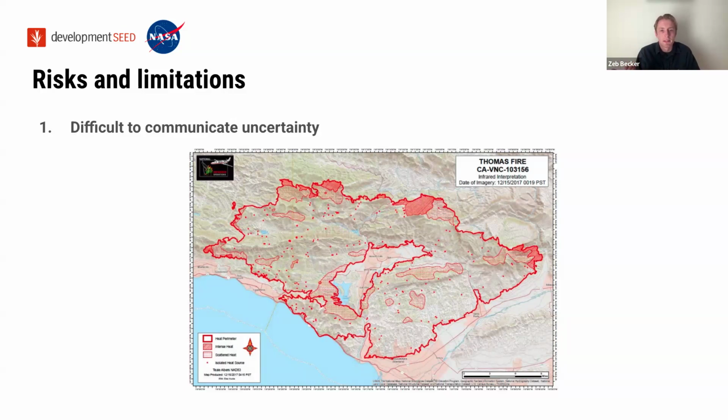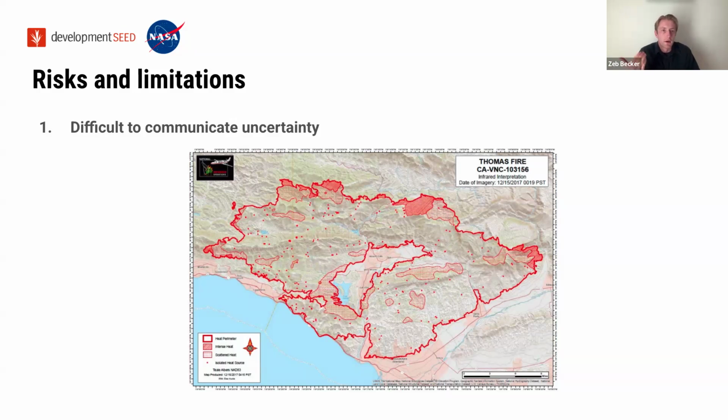But those are usually based on either aerial infrared data from NIROPS, which again tends to be more accurate and reliable than FEDS, or they'll be from incident GIS specialists who have combined information from whatever ground and air resources they have, including sometimes just sending someone to walk the current perimeter of the fire with a GPS unit, to create their current best estimate of where the fire is.